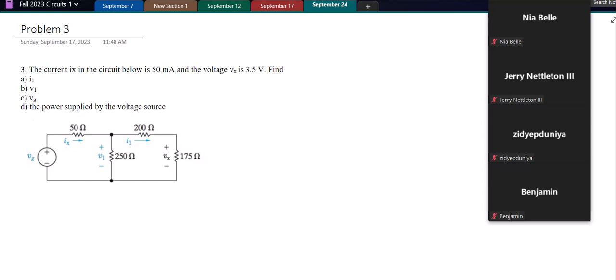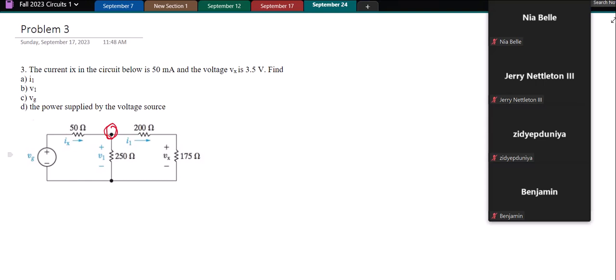Okay, so I'm going to start with this circuit, and I'm supposed to find various things out about this circuit, and the tools at my disposal are KVL and KCL, and so I want to set up some equations to do that. So the first thing that I see is that I've got this node right here on top,